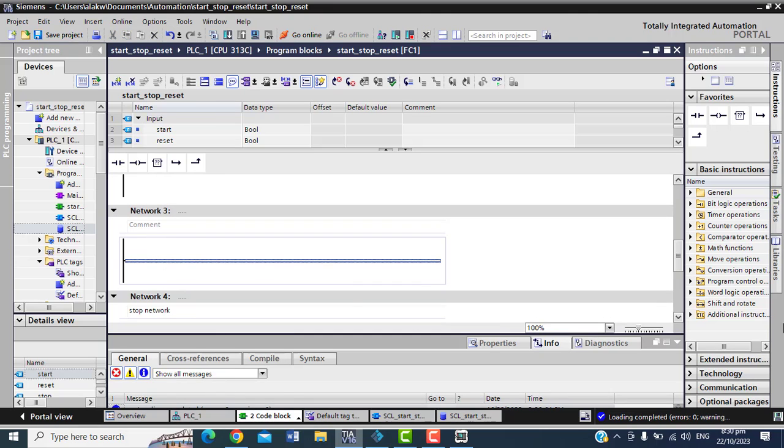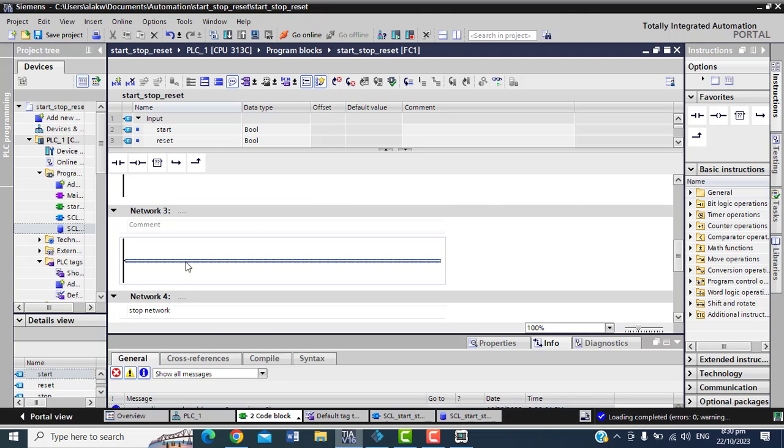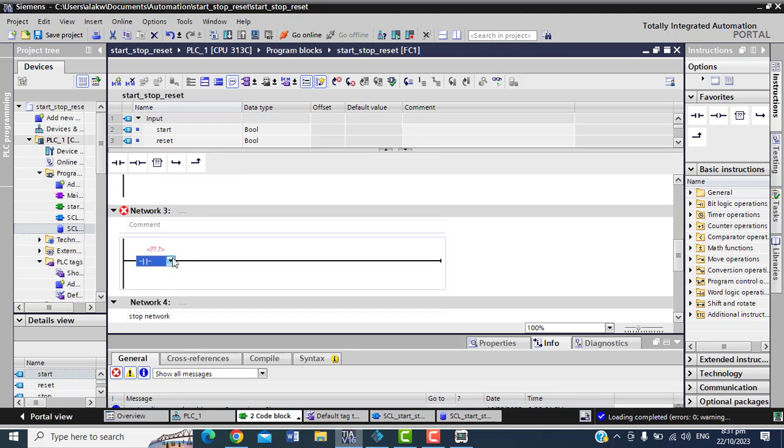So I'll get a new network, which will be network 3, before I get my actual stop, right? So here now I want to write that same thing where we say if this one is not on, this one is not on, maybe a stop light will be on. So I will take it down in ladder logic now. I will say if this one is here, then it comes.